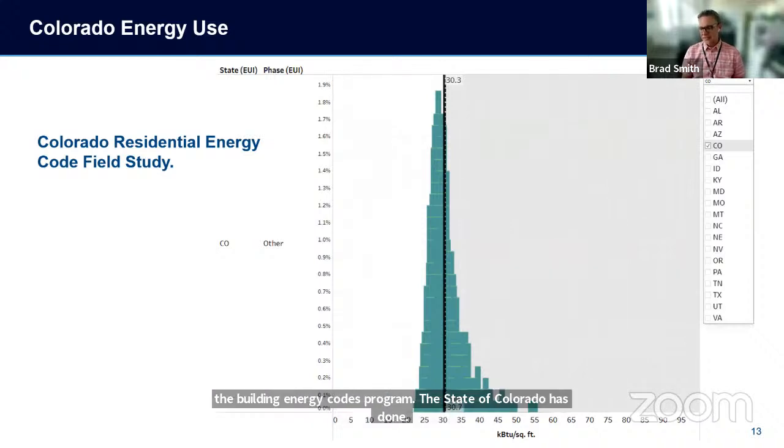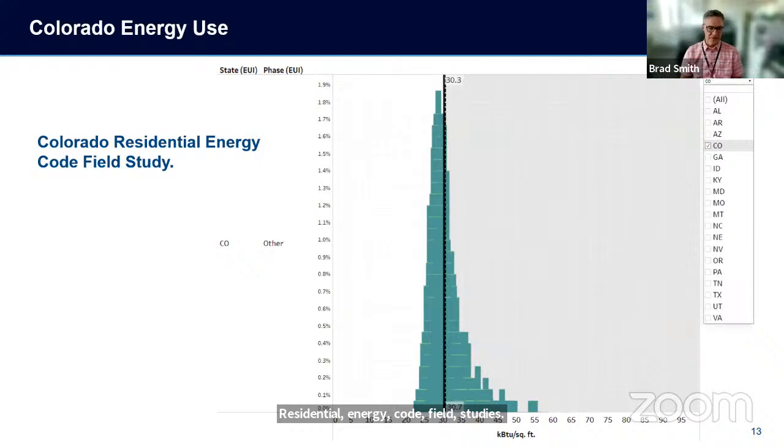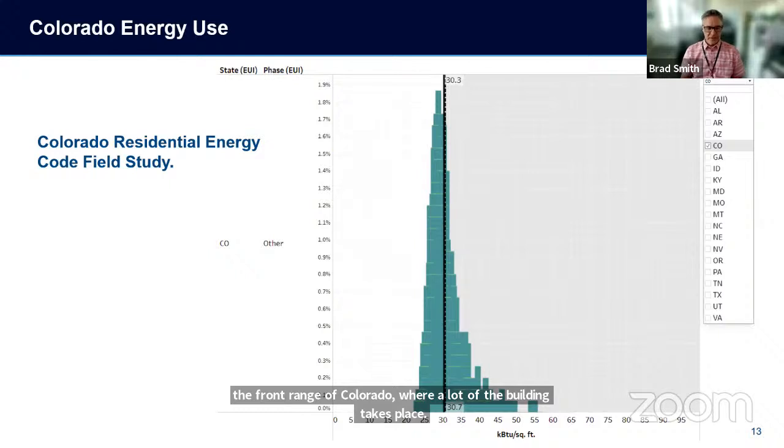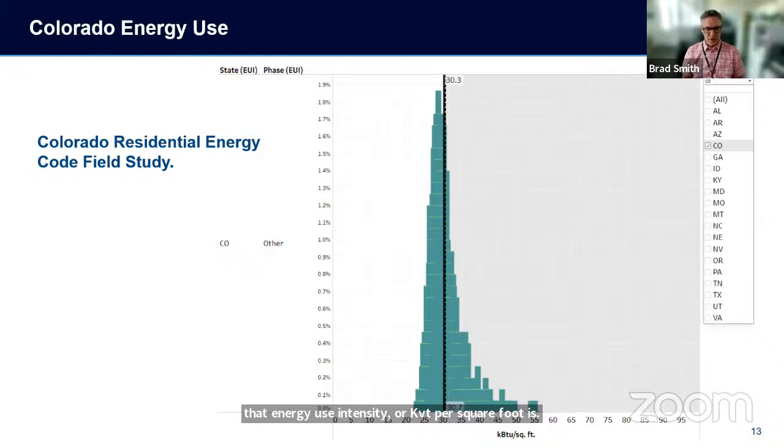The benefit to this is we already know in climate zone 5B, which is the majority of certainly the Front Range of Colorado where a lot of the building takes place, what that energy use intensity, or kBTU per square foot, is. Right now, we're looking at about a 30.7. So really not too bad. Certainly room for improvement and certainly a long way to go before we reach an area where buildings can have 100% renewable offset to take them to zero.